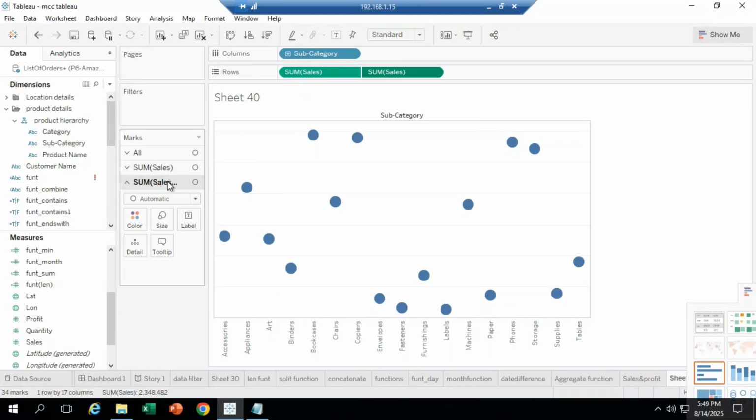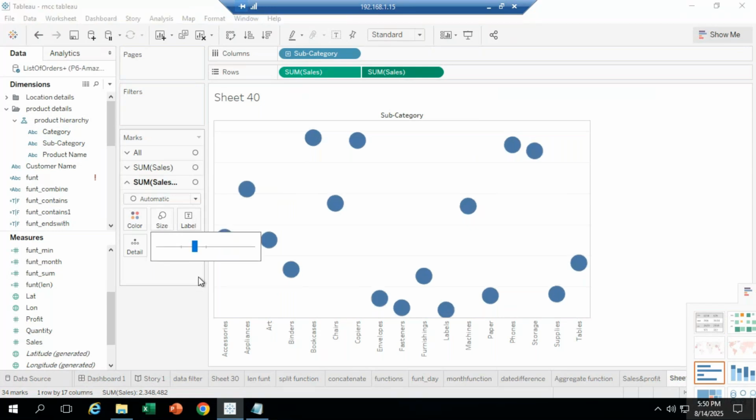Select the second cell option. This is the first cell, this one is the second cell. Click on that second cell. Convert it as a circle, we can convert. Okay, so now the second cell we converted to bubbles, increase the sizes a little bit, we can increase. See, now the bubble size increased. Select the second cell also, it's showing circle here, right? Click on that second cell,